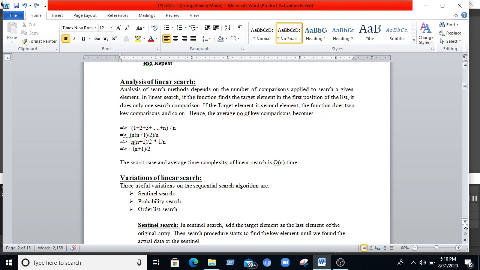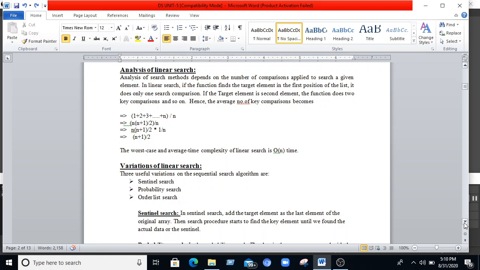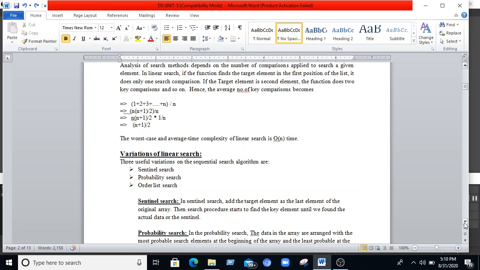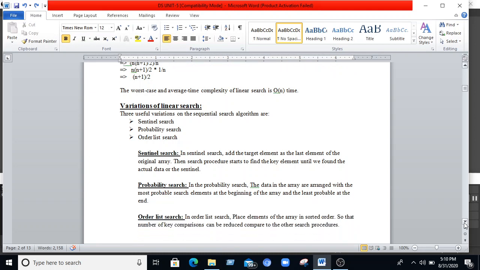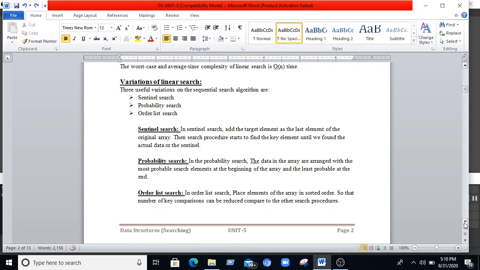If it doesn't match the second element, it goes to the third element, and this process continues until the search element is found in the list. So the number of key comparisons becomes (n+1)/2. The worst case analysis of linear search is big O of n, that is, order of n.